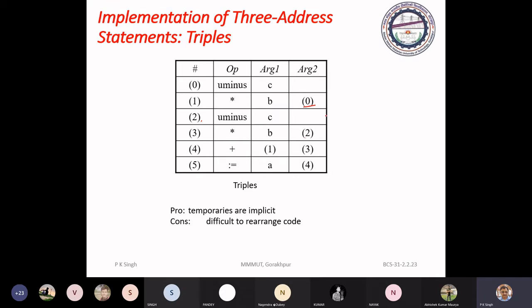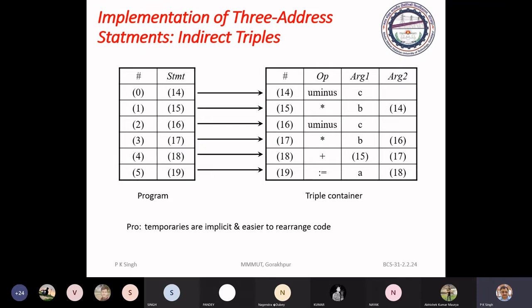So next, this is called triple representation. You can save 25% of the memory if you are using triple, and we can consume this